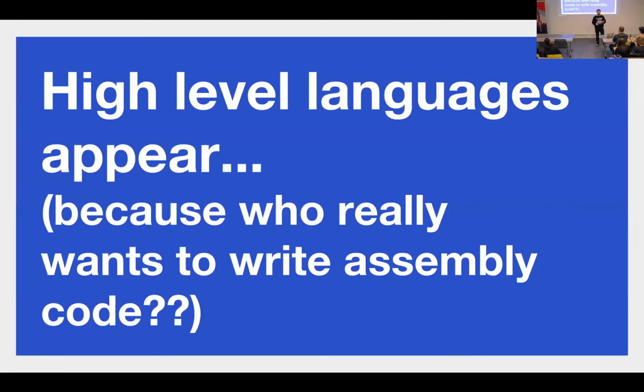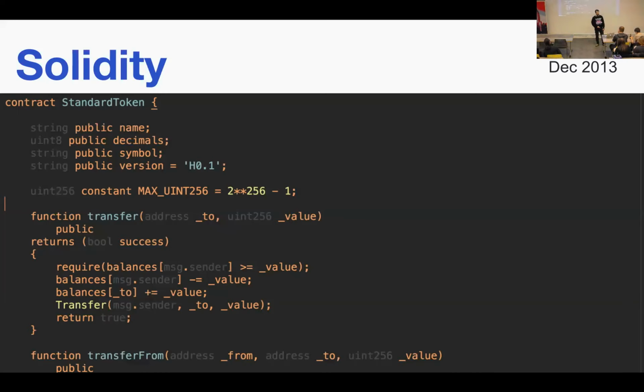And so then in our progression, higher level languages begin to appear because nobody wants to write in assembly code. So Solidity, I was surprised, but I looked at the timeline, and as far as I can tell, Solidity was actually the first higher level language to appear. There's this terrible meme that says that Solidity is like JavaScript, and that meme needs to die in a fire. It's nothing like JavaScript. I won't go into that, but